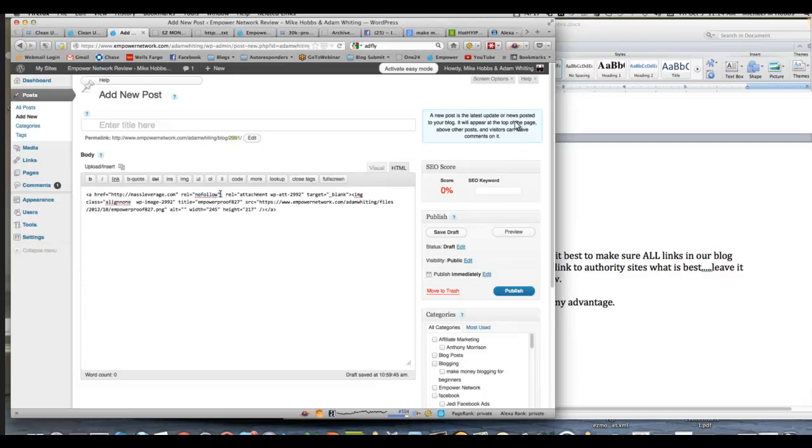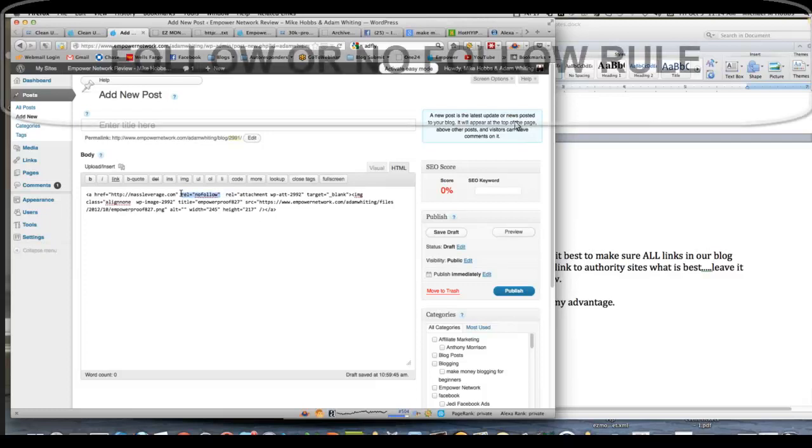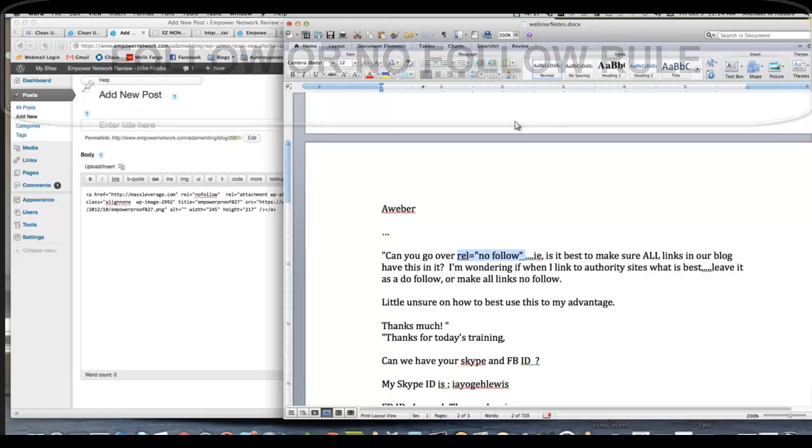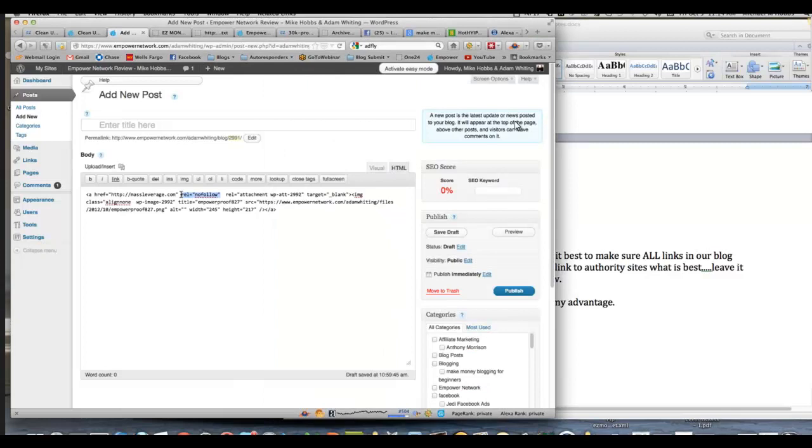The reason you would do this is if you're sending them to a capture page or a non-authoritative site. Now he's saying, if I link to an authority site, then leave it a dofollow, don't worry about the nofollow. But basically, for SEO purposes, they always tell you to put nofollow on your links because they don't want you to give away your link juice, is what they call it, to another website. But there are other strategic reasons why you would do this and why you wouldn't. If it's a blog website, then it's okay to do the follow. If it's anything other than a blog or an article, then I would do nofollow.